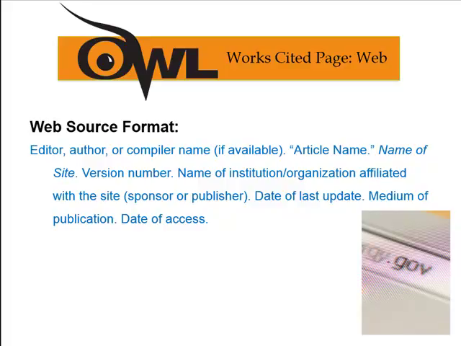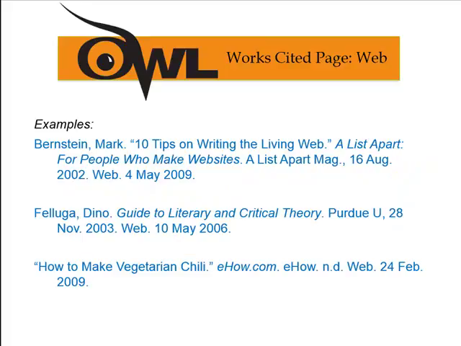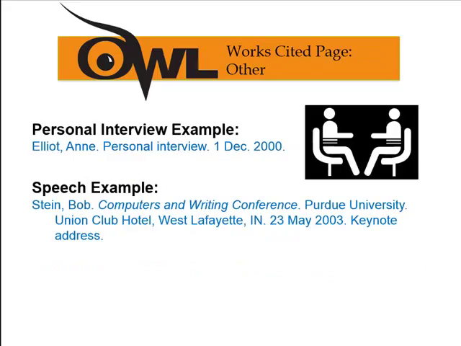Medium of publication, web. An important thing is the date of access. Okay, why? Because if I see something different in your citation than is on the actual web page, and I notice it's been updated since you last looked at it, well then you're off the hook. If you've misquoted and your date of access follows the publication date, then you've obviously screwed up your quotation somehow. And here's some examples of what that looks like, and you'll find plenty of examples in the text on OWL